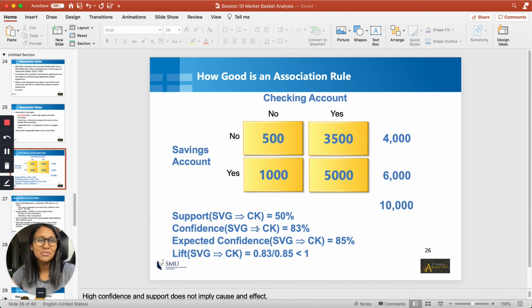You can use these numbers to find out the support, the confidence, the expected confidence, and the lift of the rule saving implies checking. So what is it that we are testing for here? Here what we are checking is whether savings account and checking account are complementary. If they are, then if a person opens a savings account, it makes sense to recommend a checking account to them as well. But in case they are not complementary, then it does not make sense to have both accounts, because it will not be relevant since they have overlapping functionalities. So that's what we were trying to say here. Just check on the values and see if you're able to get the right answers.